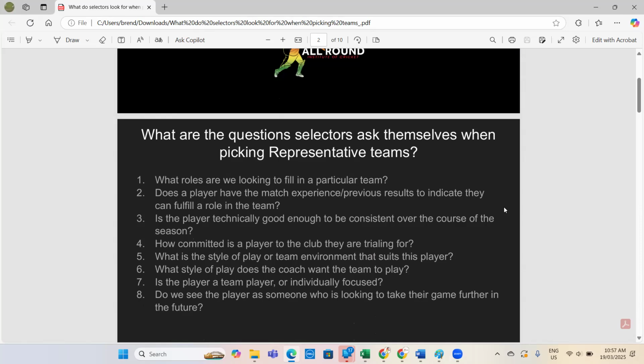So in terms of players, it's really important to understand what your role or what you think your role is and the type of player that you want to be. And it's also really important to understand why we as selectors make certain decisions. It's not about agreeing with certain decisions, it's about understanding.